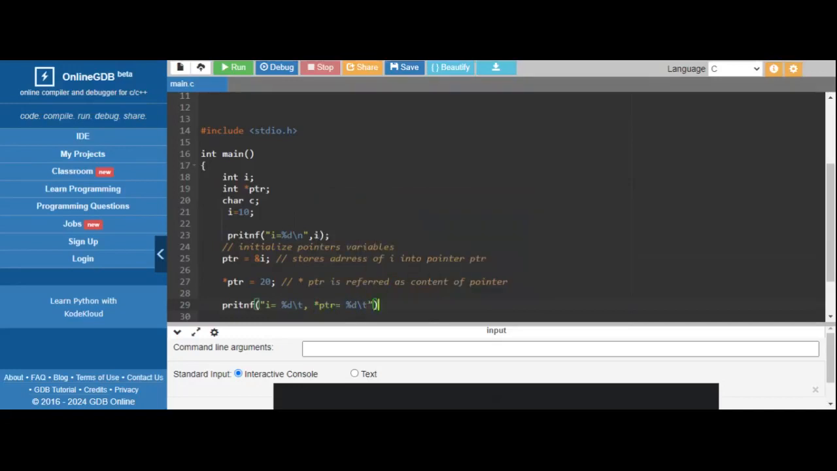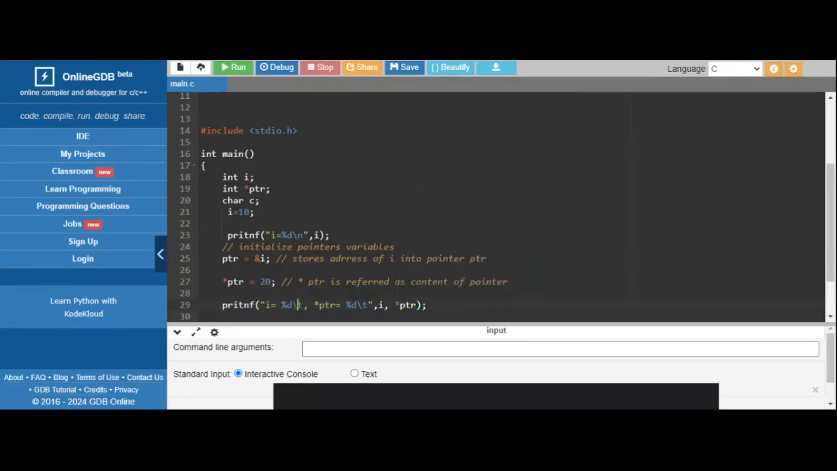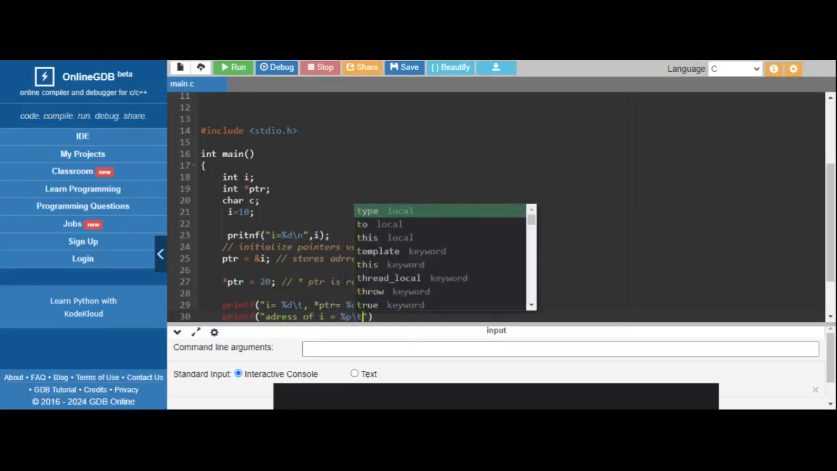Okay, this is the pointer value. So the value of I and the value of star ptr are both the same, and you can always see the address by using pointer p. So the address of I is nothing but star p slash t,